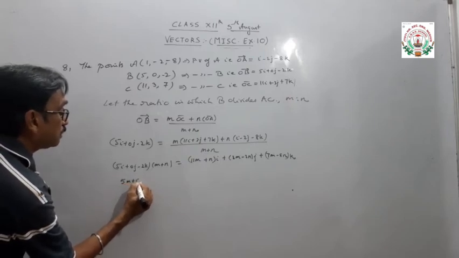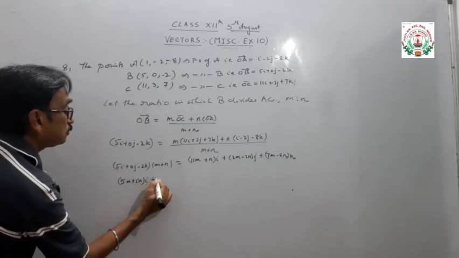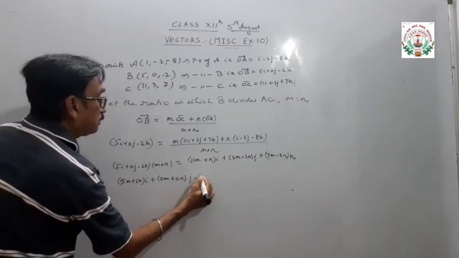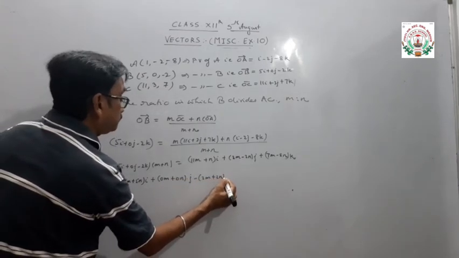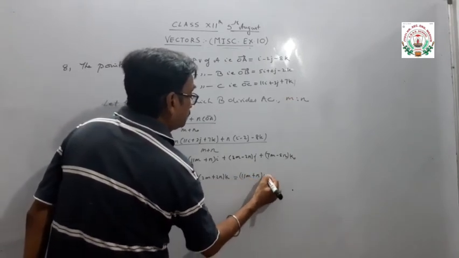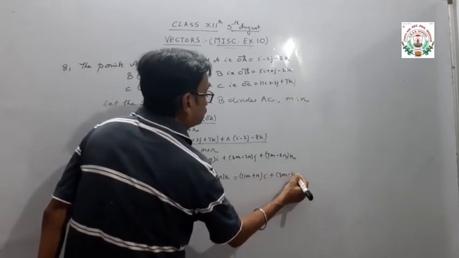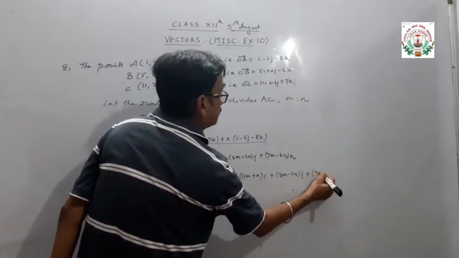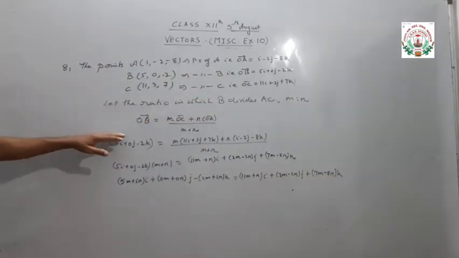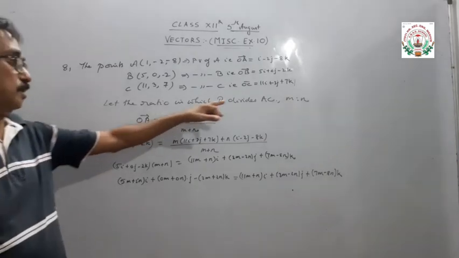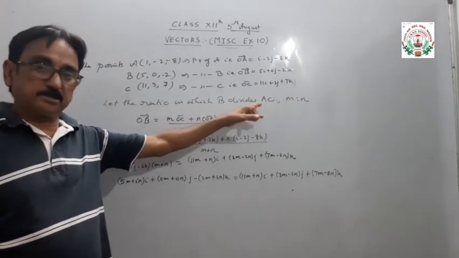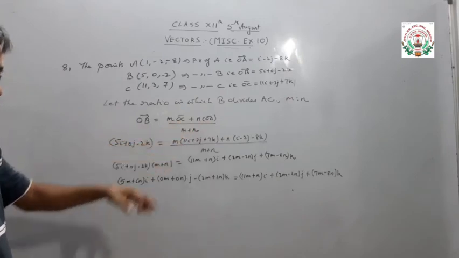(5M + 5N)i + (0M + 0N)j − (2M + 2N)k = (11M + N)i + (3M − 2N)j + (7M − 8N)k. तो हमने सेक्शन फॉर्मूला लिख लिया, इंटरनल वाला: OB वेक्टर इक्वल्स टू M ऑफ फाइनल पॉइंट इज C, OC वेक्टर प्लस L इनिशियल इज OA, सो L के साथ इनिशियल वाला पॉइंट जाएगा OA वेक्टर अपॉन M प्लस N, OB